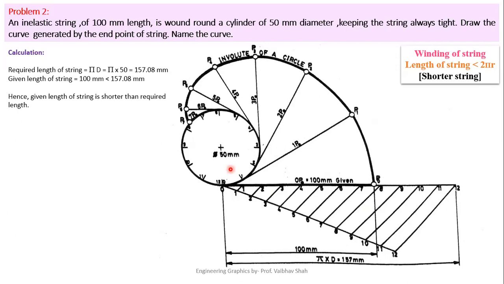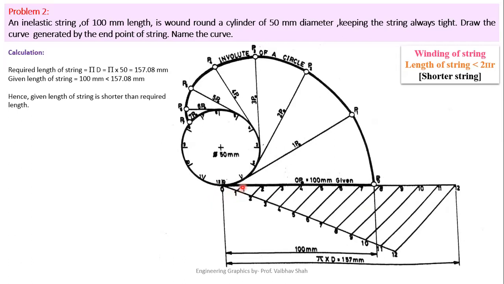As we know that we are dealing with the winding operation of a string, we'll be winding the string in the anti-clockwise direction. When we wind the string, the first portion, point 1, will come into contact with the circle at this place, and wherever the first string comes into contact on the circle is your number 1 on the circle. So this is already the 0 point, this is point number 1, and this is point number 2, 3, 4, 5, 6, 7, 8, 9, 10, 11 and 12. So you have given the numbering to the circle.